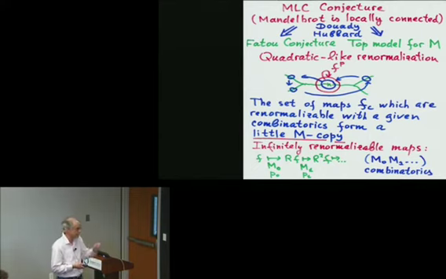So if you take the quadratic polynomial which is infinitely renormalizable with these combinatorics, so you select your favorite string of little Mandelbrot copies, and an arbitrary string is admissible here, then there is one and only one parameter, that is the conjecture, one and only one parameter, which is infinitely renormalizable with these combinatorics. It sounds very much in the spirit of rigidity phenomena in geometry, and actually this dynamical MLC conjecture is very, very intimately related to the rigidity phenomenon.